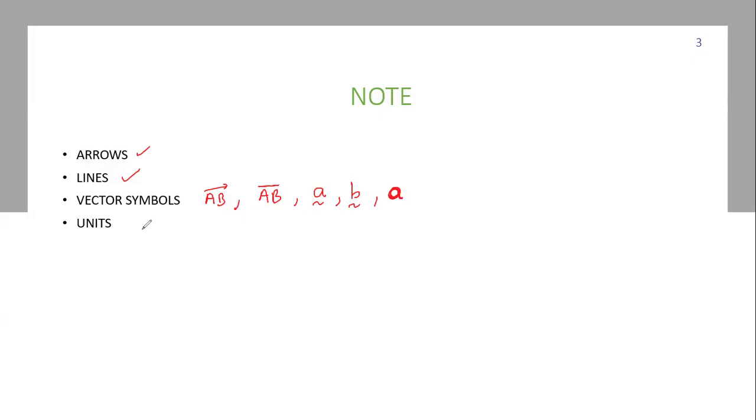Now, it will depend on which kind of application they are looking at in vectors. Sometimes, in case they are looking at movement or transport, they can put units. So you need to know whether the response you are giving requires units or not. Sometimes in case you are dealing with speed, they may write it in kilometers per hour, or sometimes in meters per second. So it depends on what you are dealing with.